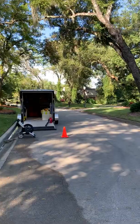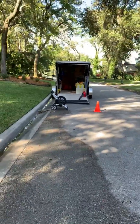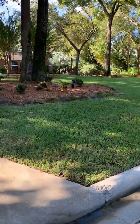So I'm going to go ahead and show you the driveway now. You guys can see in my trailer that I have a blower there. Really important to have yourself a blower, and that way you can blow things off. But we're gonna go ahead and take a look at the driveway now, and you can see a little bit